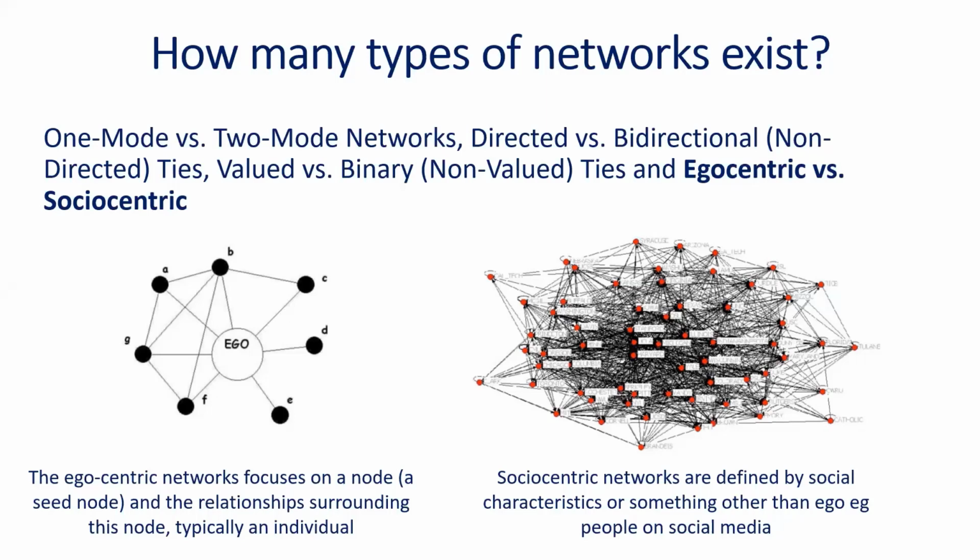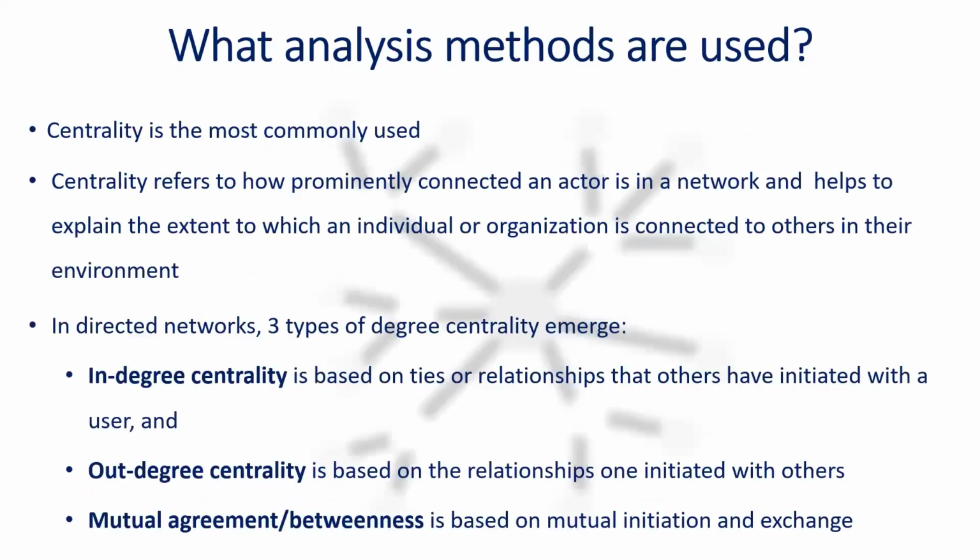What you can see here, this one that looks messy, is basically a socio-centric network, which is a network of all people on social media, for example, where you can't exactly identify who knows who. Most of the time when you're doing your analysis, you may find yourself going towards egocentric networks based on your objective. Don't worry about these things; this is just to give you an introduction about how we are going to go about the social network analysis.